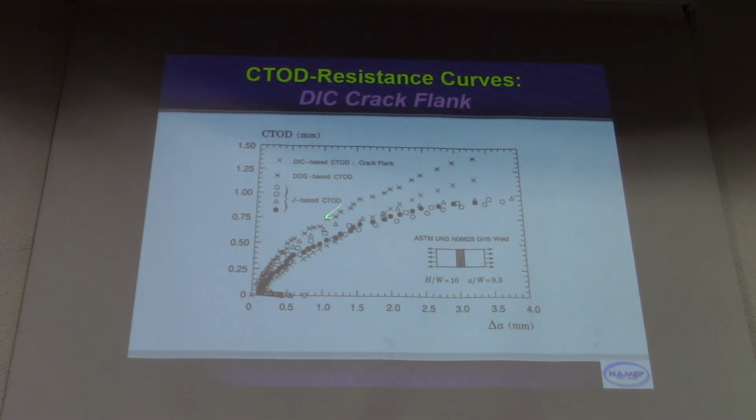And then you can see the results here. This is again the double clip gauge, and these are the JR curves from CTOD, and this is the CTOD curve determined from the points on the crack flank. So you can see here that the agreement with the, let's say, baseline JR curve is very good, up to 2 millimeters. It's more than enough. Okay,